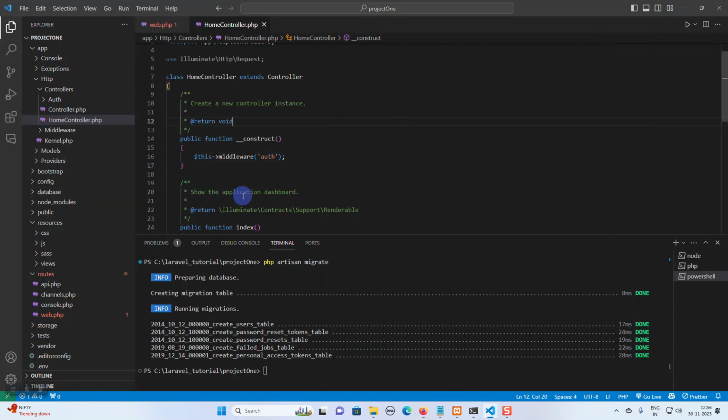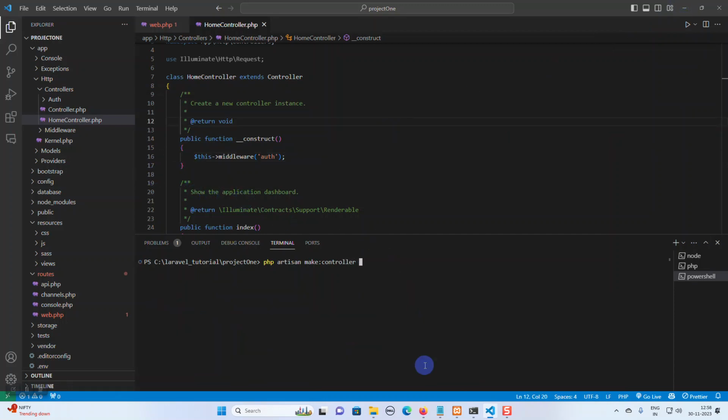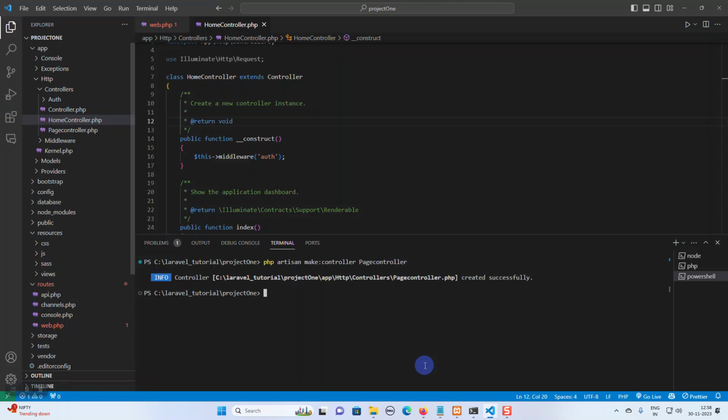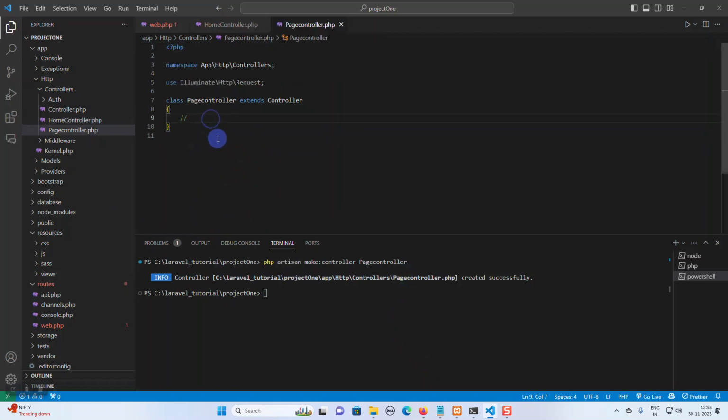So we can also create a different controller, a page controller. Now it says a page controller has been created. And under this page controller, we can create different methods as well. We have this about us page and the contact us page created. We can create another page for the terms. And here I can return terms